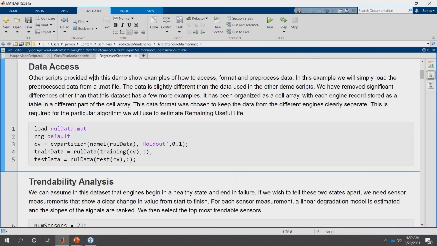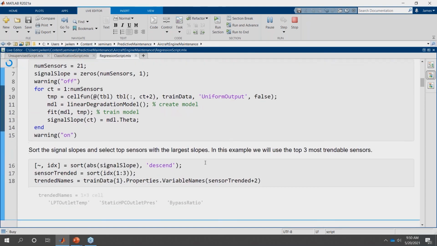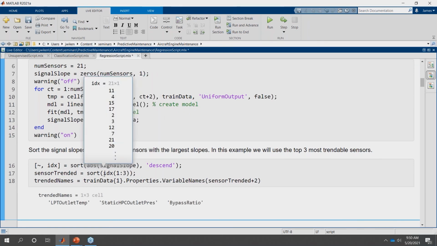Right? So we're going to do the same thing that we did before. We're going to visualize this data. We need to understand what we're working with, and we have even more sensors this time. We have 21 sensors that we're pulling from. And before, we did this sort of visually where we plotted that and we looked to see if there was change over time and things like that.